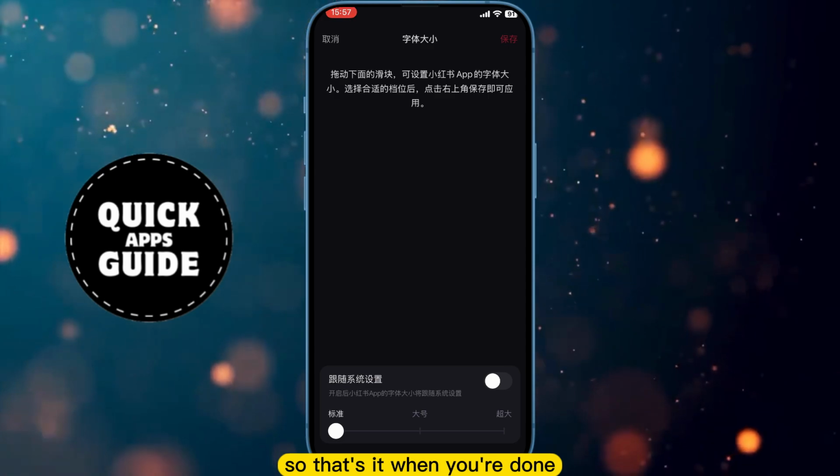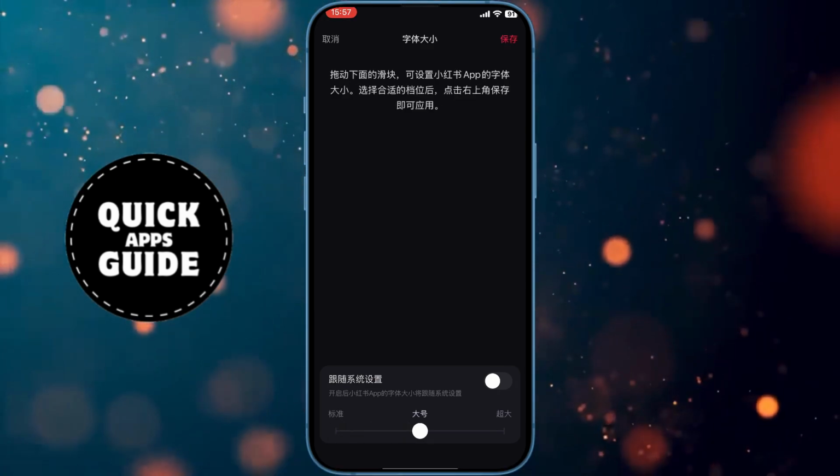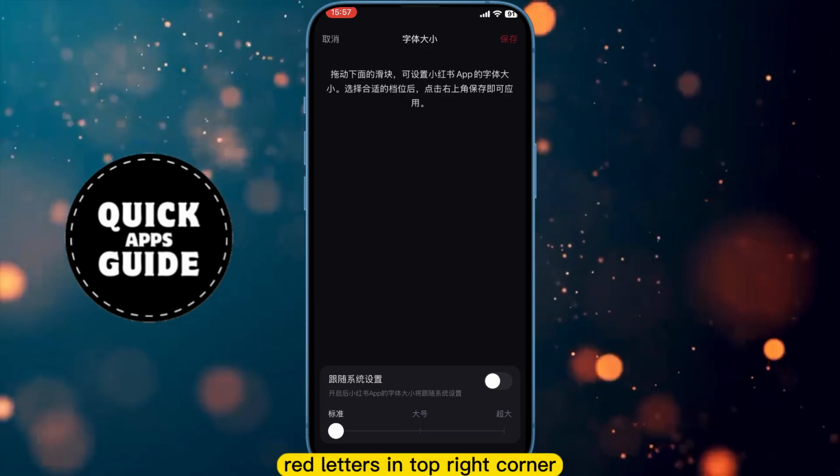So that's it. When you're done, you will just have to click on this red letters in top right corner